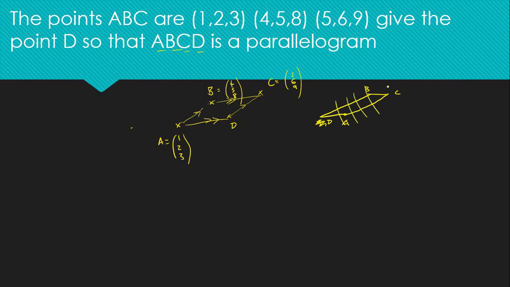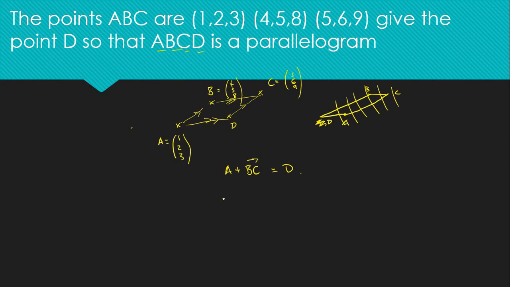Okay, so you might be thinking there's another position where you could get a parallelogram. It doesn't happen in this case. So we've got ABC and we need to find out D. Now to get to it, we could find that the position A plus the vector B to C would give us D. If we're at A and we travel along this exact same vector, we will end up at